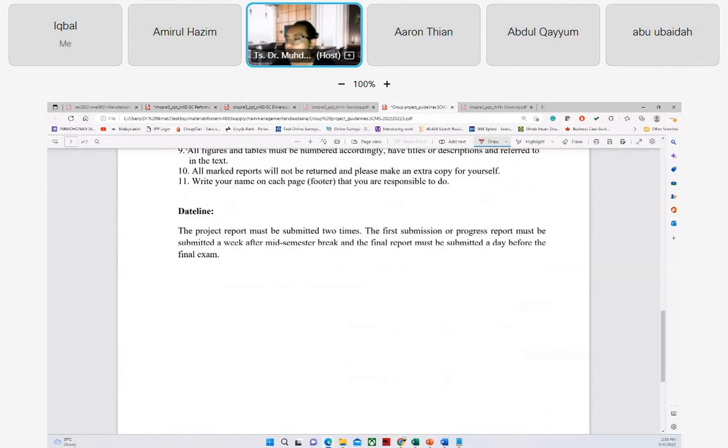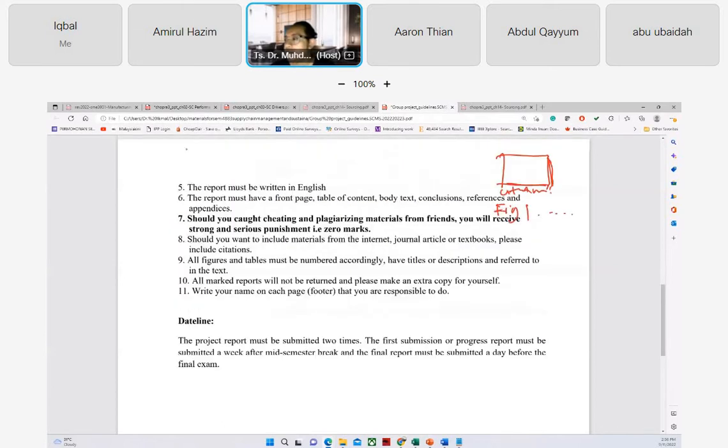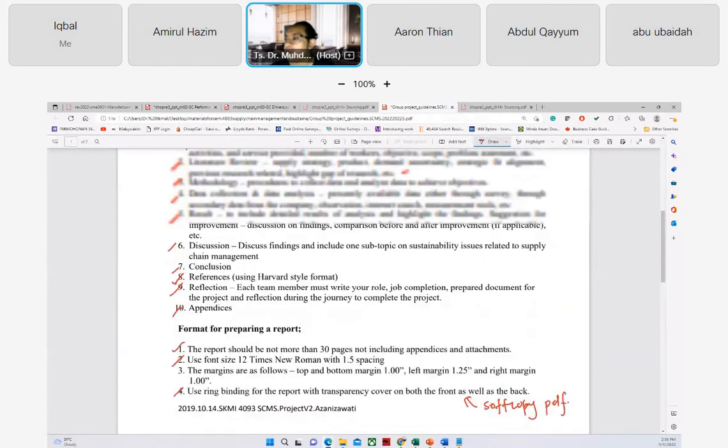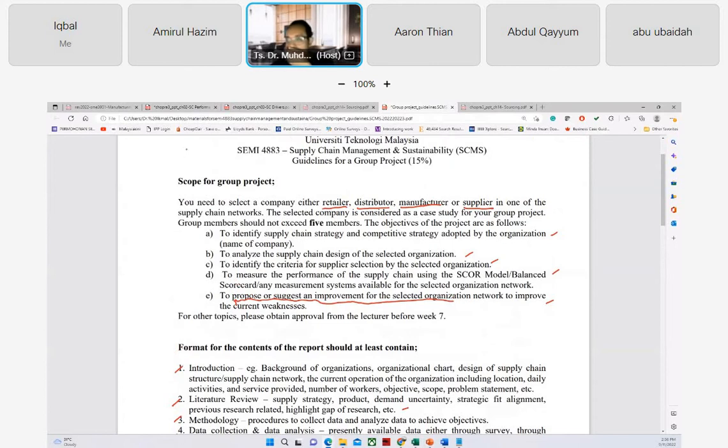So reports are to be submitted a day before finals. You have 10 weeks actually, and the topics will go progressively. Sorry, it's not topic. The topics to cover the objective will go concurrently together. Let's say at that time we are entering the network topic, so you have to learn about network, and then try to find and do research on that